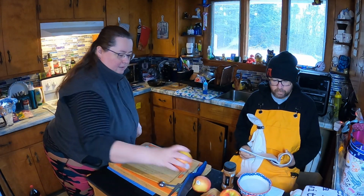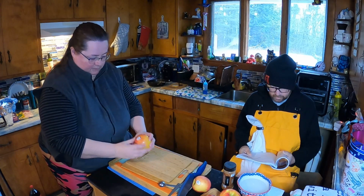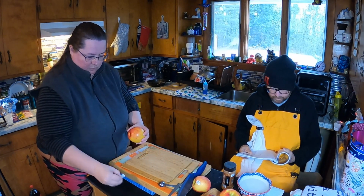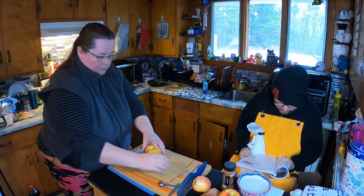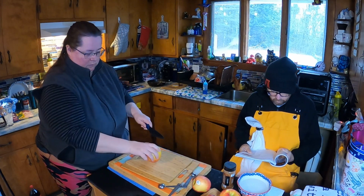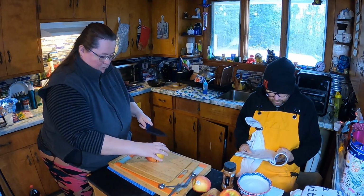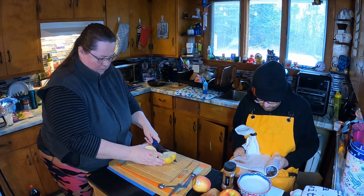Today we are going to do stewed cinnamon apples. We are going to make 2 servings. One serving will require 2 large apples, cored and diced, half a teaspoon of ground cinnamon,